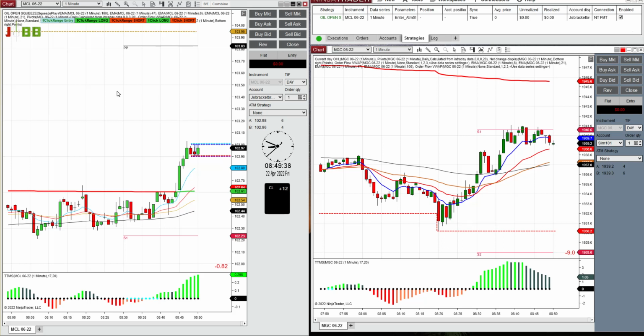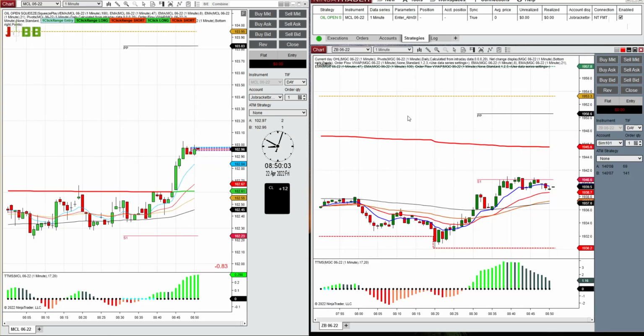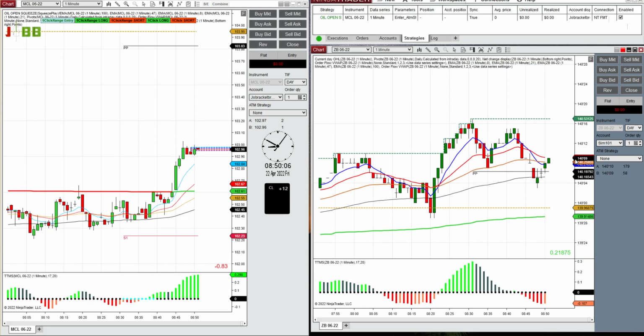Micros. I haven't lost money this week on the opens. In fact, I'm profitable on the opens. ZB opens at the same time as gold. There are a ton of people, especially in the old days, that used to trade it. Look at the move. That's a big, gigantic, profitable move, right?